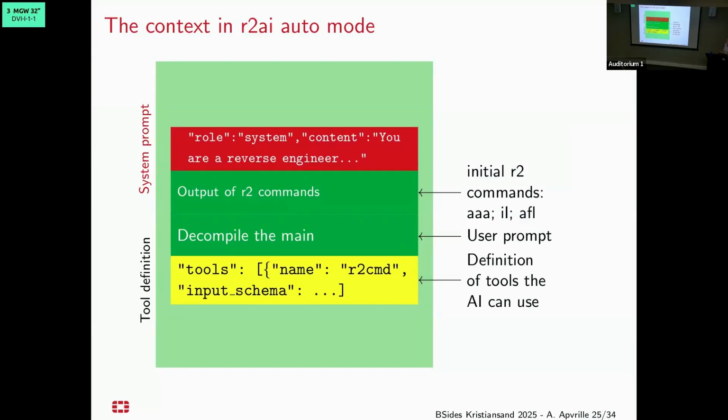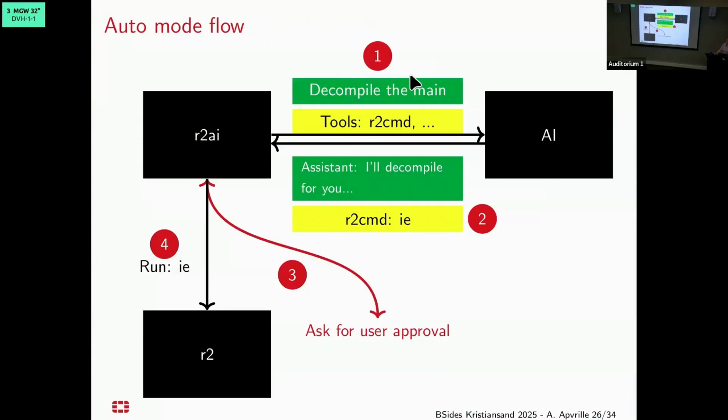The automatic mode, in my humble opinion, is even more powerful because you are telling the AI, hey, I have tools that you can use. It's just like telling the AI, hey, I've got a screwdriver, and if you need a screwdriver, I can lend you one. So here we're going to tell it, okay, decompile this malware, but if it's useful for you, I have Radare2 installed on my host, and you can send me commands to help you with the disassembly.